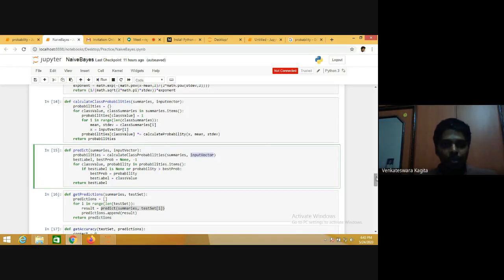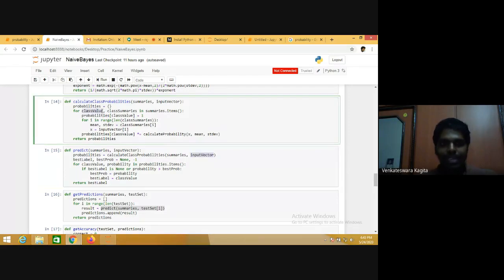So calculate class probabilities. We are calculating the probability value of class 1, because once you calculate the probability for each and every attribute, because these attributes are independent, you have to multiply all these probabilities in order to get the final value for that instance. Each instance takes, say for example, 8 attributes in this case. For each of these attributes you have a certain value. Once you multiply all these individual 8 values, you would get the probability that the instance is yes or the probability that the instance is no.